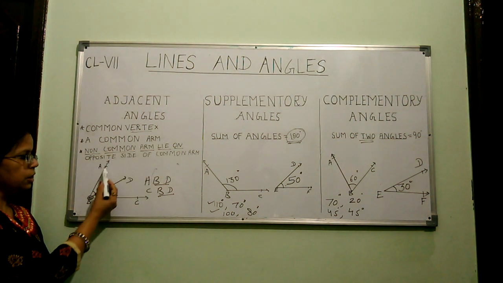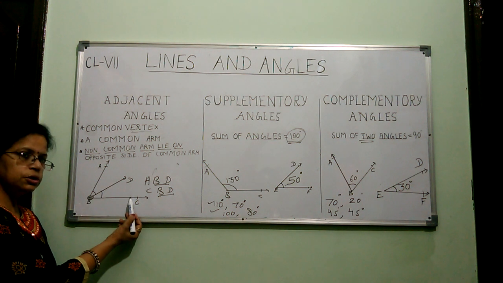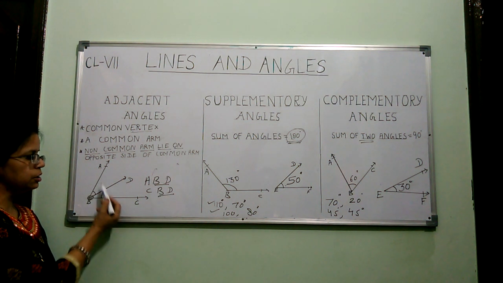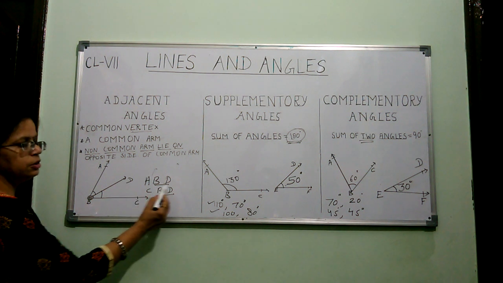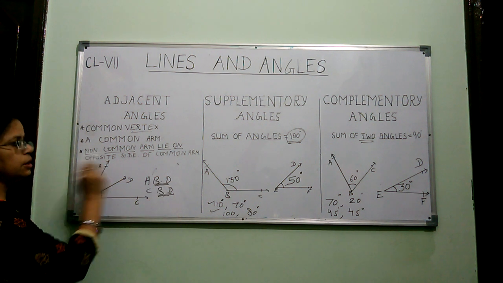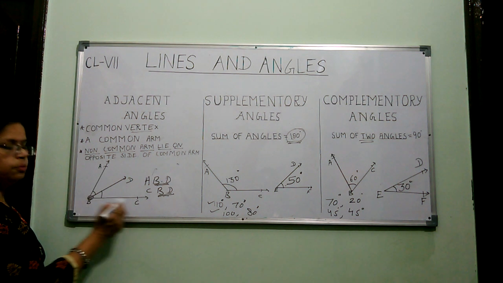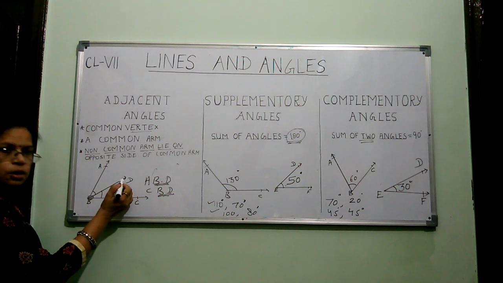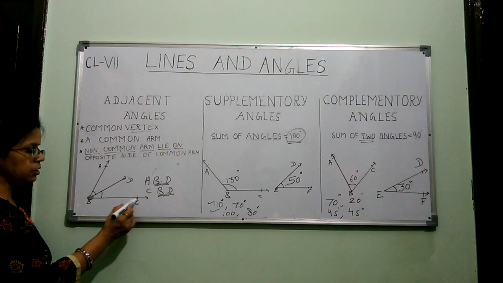Arm means these are the arms, BA, BD, BC, these are the arms. And they are saying common arm. The common arm is BD in both angles, angle ABD and CBD, both angles having the same arm, that is BD. And the third condition, non-common arm. Non-common arms are BA and BC and they must be on the opposite side of common arm. Then angle ABD and angle CBD are